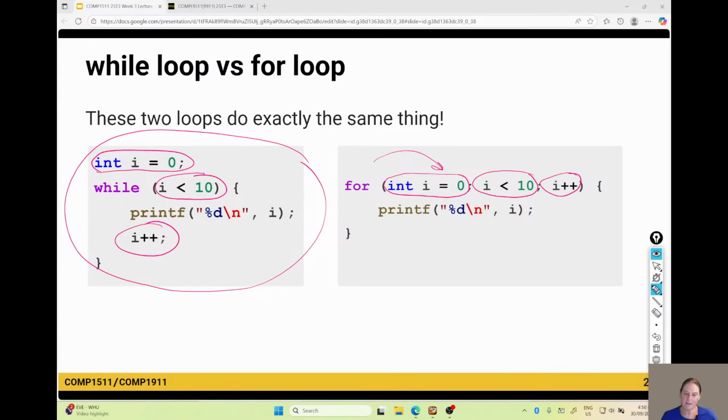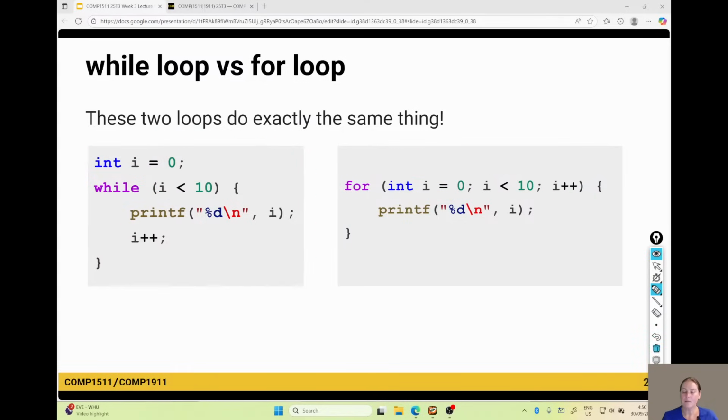Now, why is it nice to do a for loop? I think it's confusing at first. It's easier to understand the while loop. But once you get your head around it, it's nice because I can see in just one spot everything that controls the loop, and I'm less likely to forget to do my increment. Sometimes I forget to do my i++ when I do a while loop.